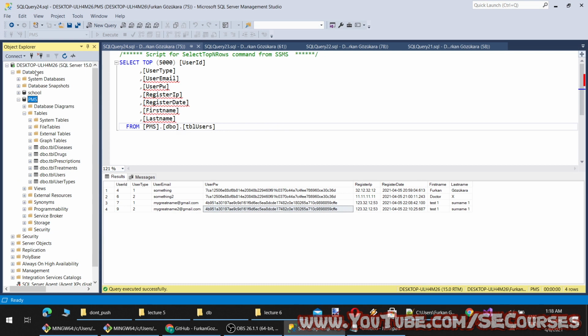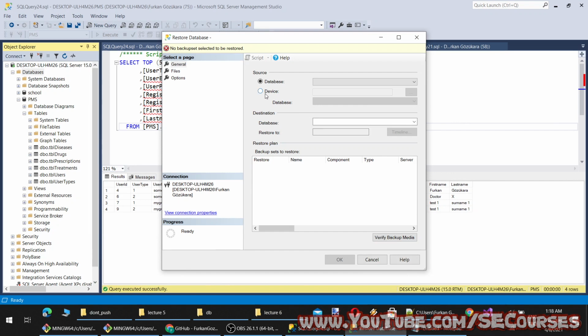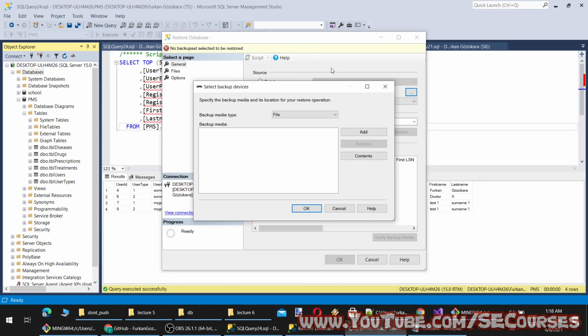To restore a database, you come here and pick restore, then select device and pick from the folder. That's it.